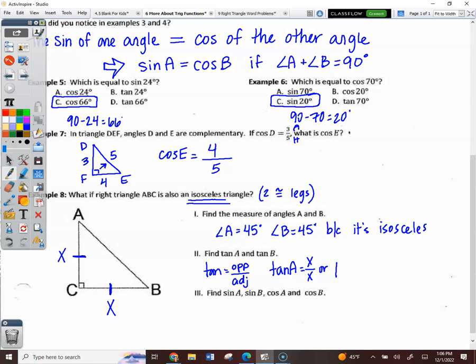Regardless of what the sides are, they could have been 5 and 5, 10 and 10, 11 and 11, you would set the ratio up and it would divide to be 1. So what's tan of B? Yep. The point of this question is to show you that if you ever have an isosceles right triangle, number 1, the 2 angles are 45. Number 2, the tan of either angle is the number 1. And then the last part is